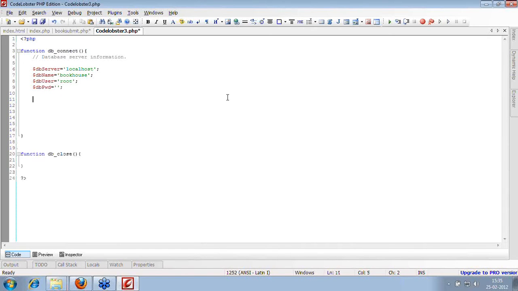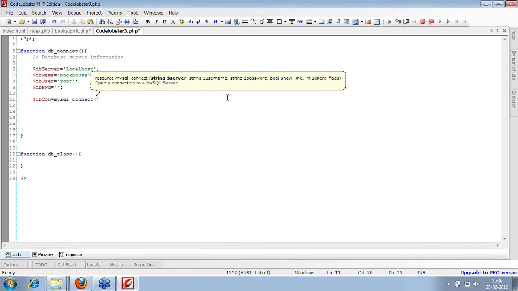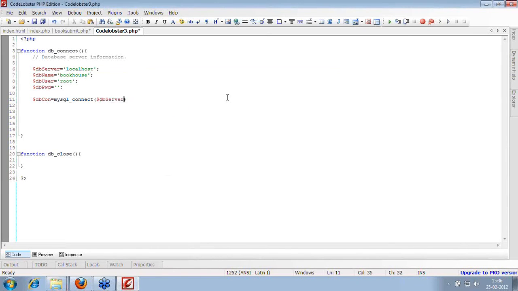your WAMP environment. The first thing we need to do is connect to our database server. So I need a database connection identifier which will store my connection, where the database is being connected and all. So I'll say mysql_connect, the function which we have seen in the list of database connection APIs provided by PHP. Now the syntax for this connection is, first I need to define a server name. I can directly have a string value out here, or I can use variables. So I'll say $db_server_name.